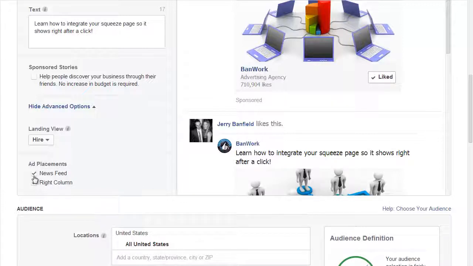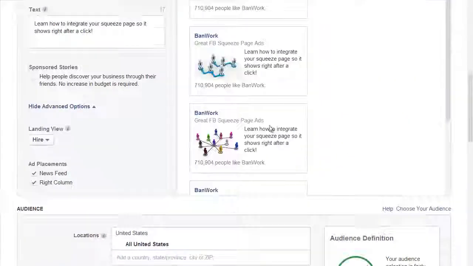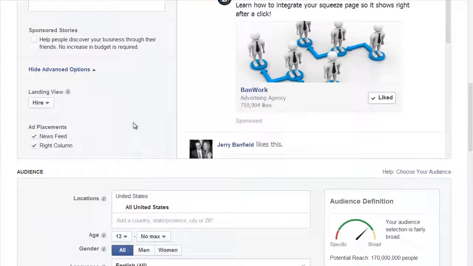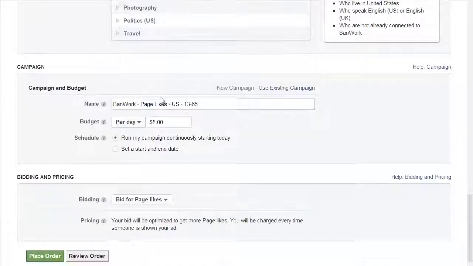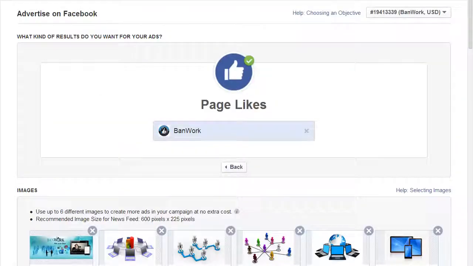The other key thing you want to do is put your ad placements on either one or both of these. You want them in the newsfeed and or the right column. I recommend doing both because that gives you the most placement options. And you can see the different ad formats either here in the right column or here in the newsfeed. There's one more critical step to this outside of picking the right locations and interests and setting the campaign up correctly. What you need to do after you've done this is go to the Ads Manager,